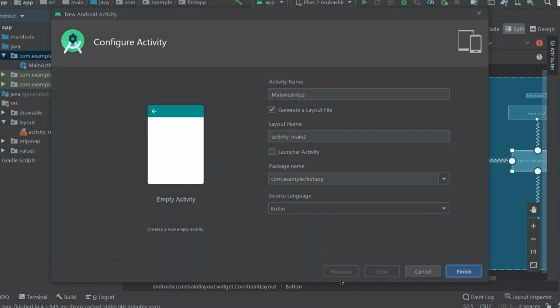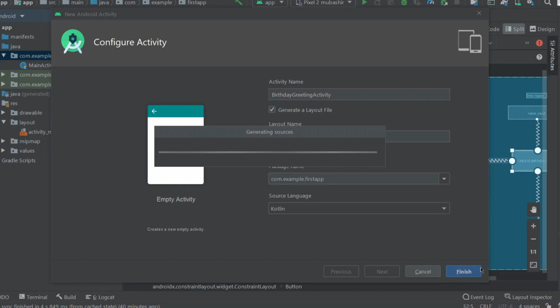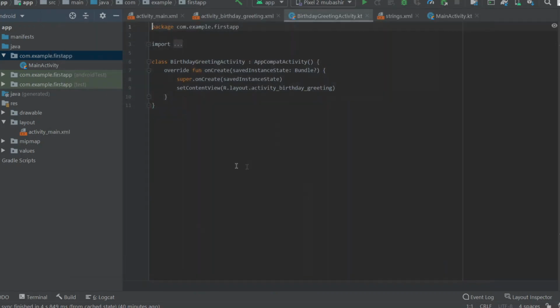So now you can give any name to this, birthday greeting activity, and leave all this as default. And here you need to make sure that the source language is Kotlin. Click on finish. So now this will make us a new page here.